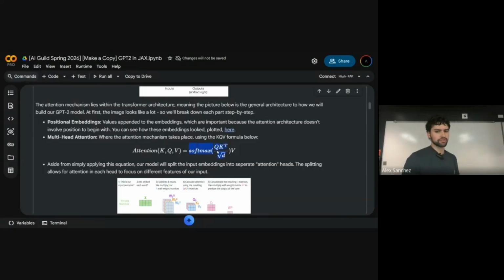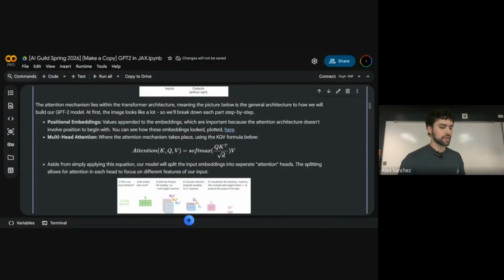We apply this to a softmax. So this gives us a probability distribution. That's what the softmax does. And then we multiply that by the values matrix. You could think of the values matrix as telling us, whatever you got here, this is the actual information of that.